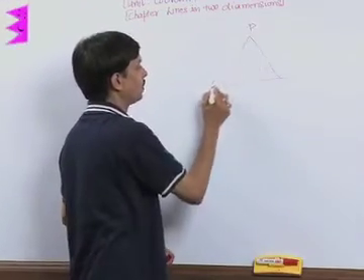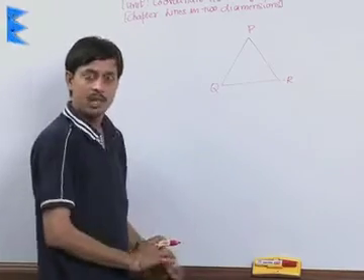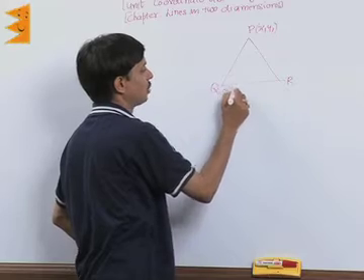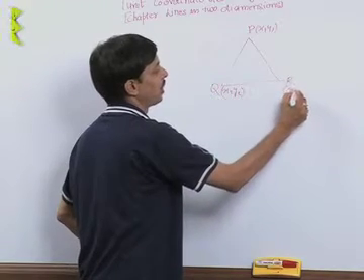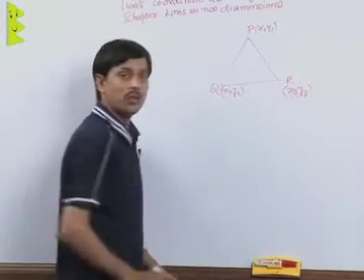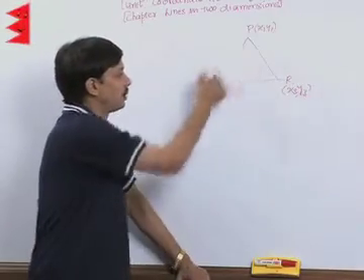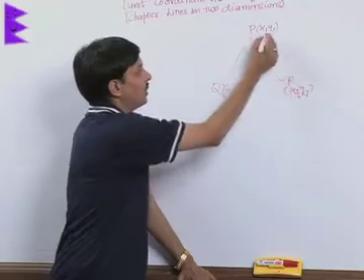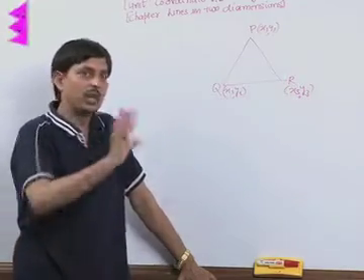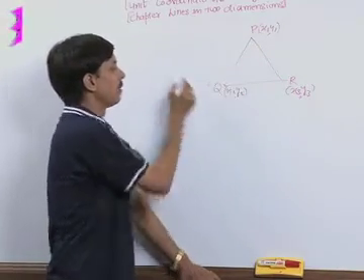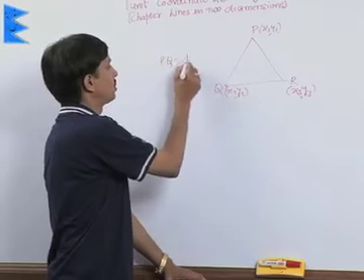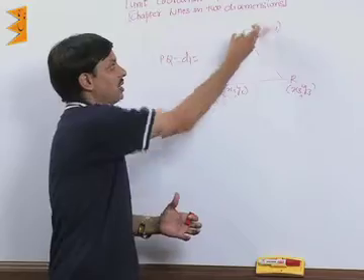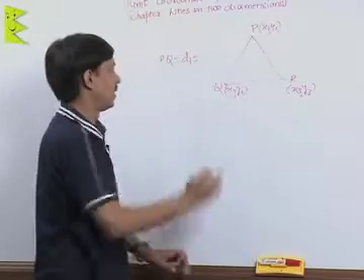this is P, this point is Q, this point is R. Suppose we are given the coordinates x1, y1, x2, y2 and coordinates for R x3, y3. We have the coordinates of three vertices PQR of any triangle. If coordinates are given, then by using the distance formula we can find, let us suppose PQ is the first distance D1, and this is very easily extracted by using the distance formula between two points.